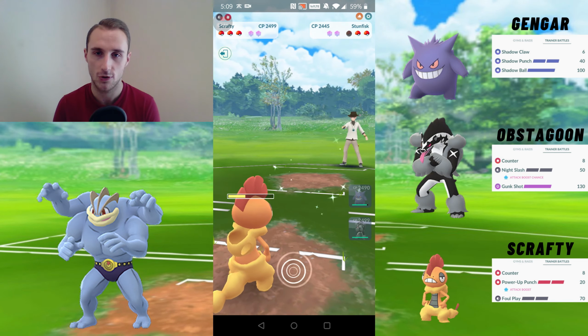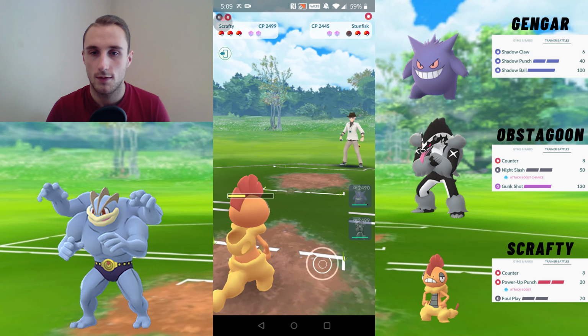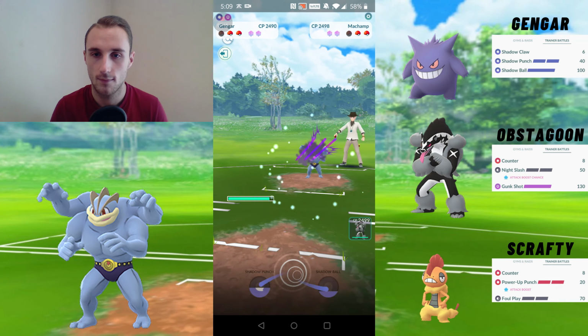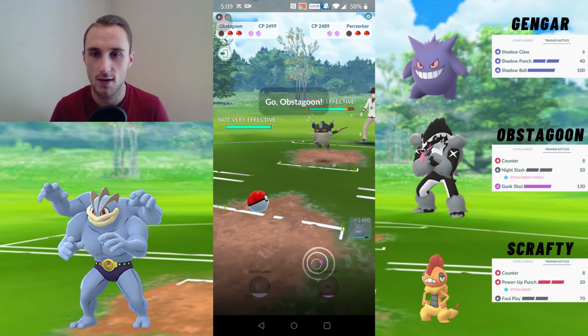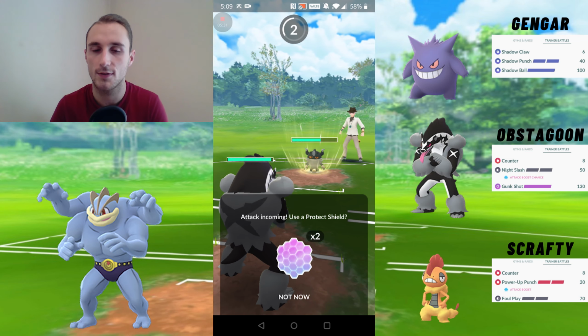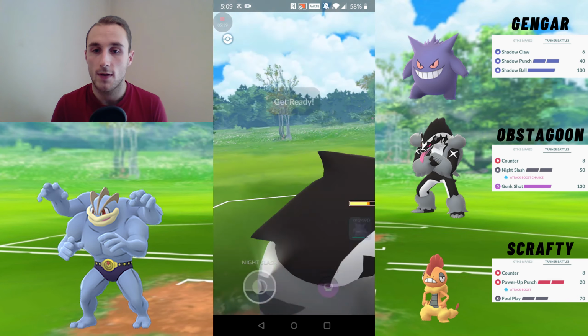It's unlikely that they'll shield, and they don't. So we're going to be able to get to a second Foul Play here. The second one only takes 6 counters to get to instead of 7. And now the Machamp is pretty low in health. They're switching to Berserker, so we're going to switch into Obstagoon, and obviously this could be a Close Combat, so we're going to shield it. We're going to throw the Night Slash,